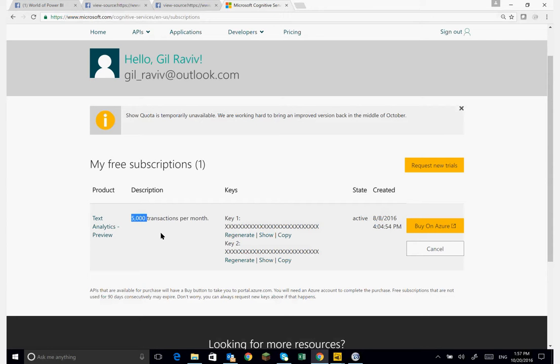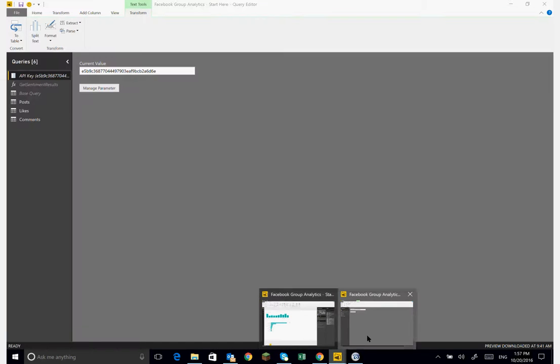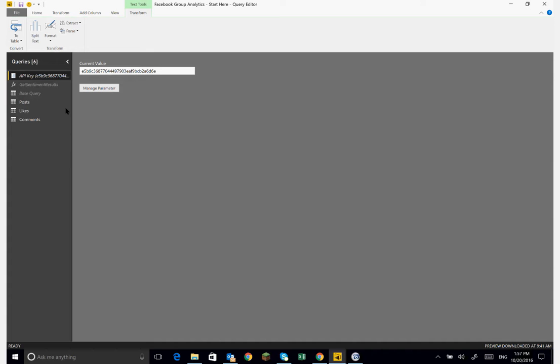So many days now, and I never had to pay anything for Microsoft. So it's really a fantastic service to perform sentiment analysis for you. So the first thing that you will need to do is to copy one of these API keys. And now back in the Power BI desktop,